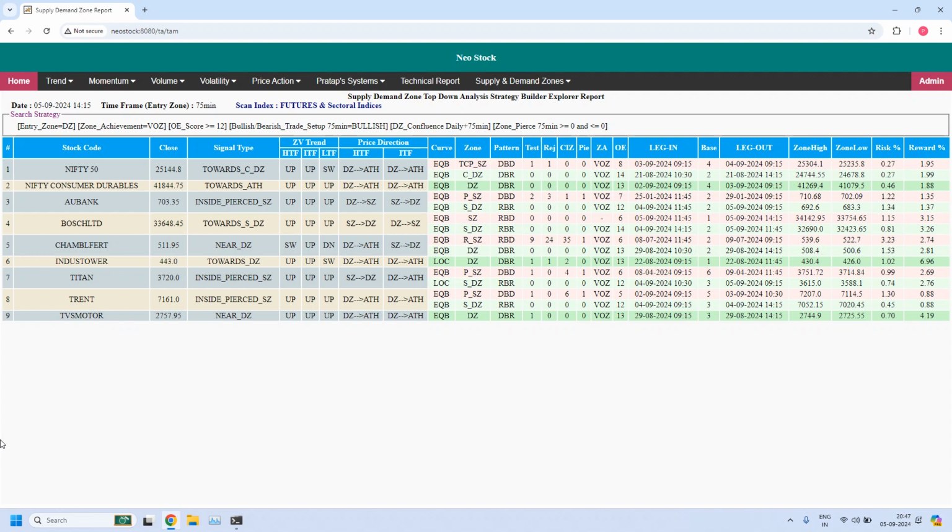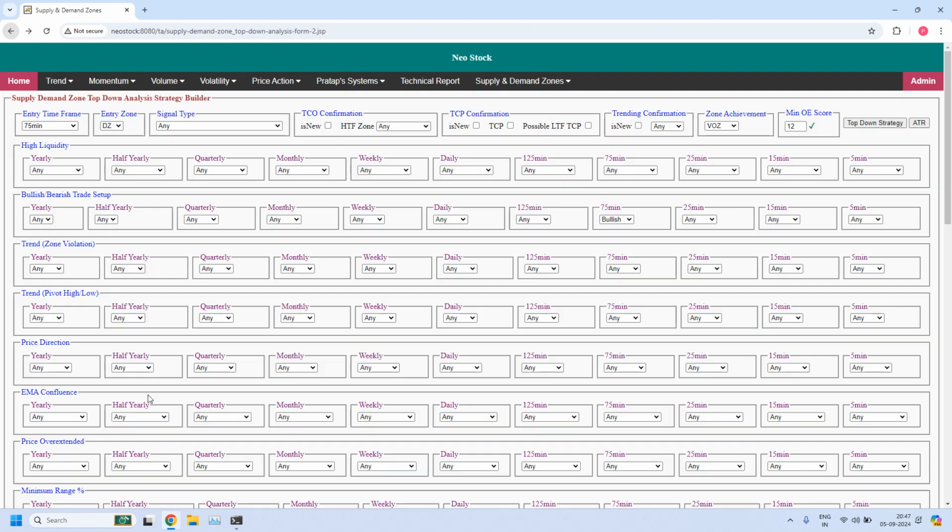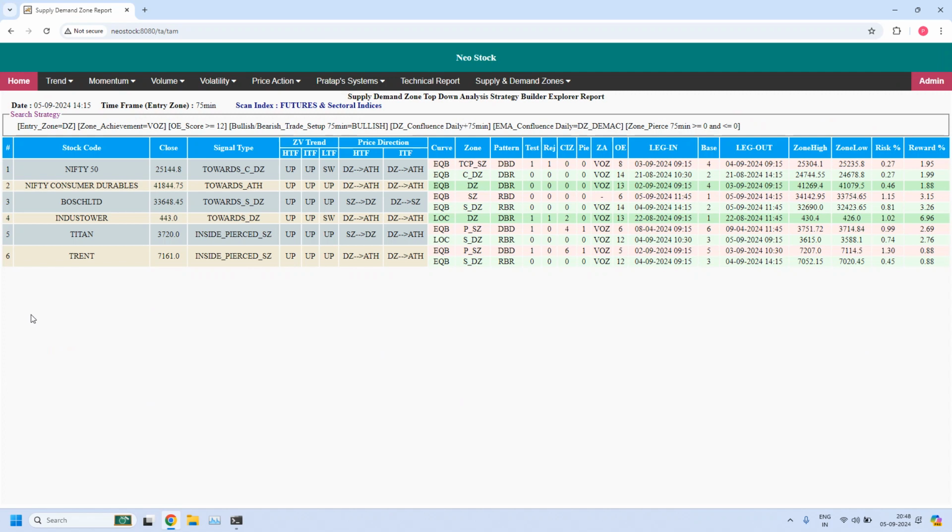Because they are part of daily demand zone, if daily zone is having daily EMA confluence, it is a high probability trade setup. So what I am doing? In the EMA confluence in daily time frame, I am selecting daily demand zone with daily EMA confluence. Let's verify. Now 6 stocks are filtered. All these 6 stocks are currently supporting bullish trade setup for